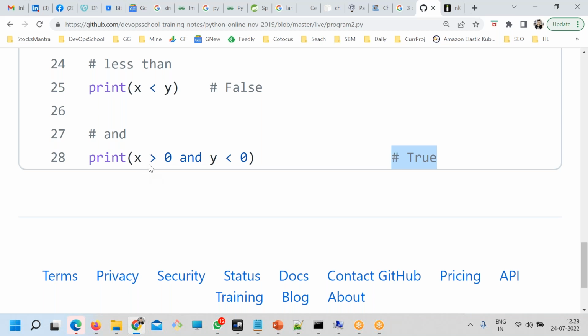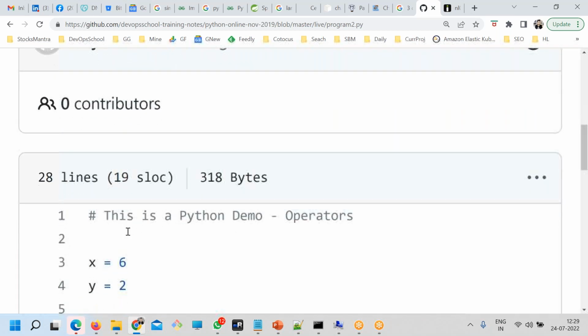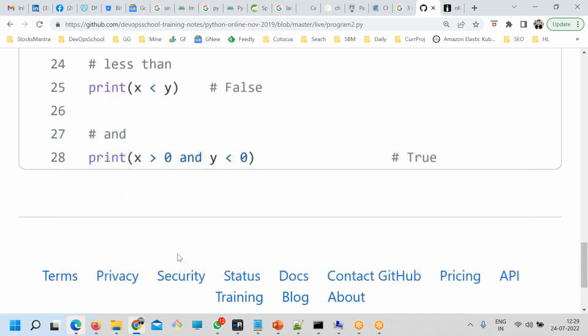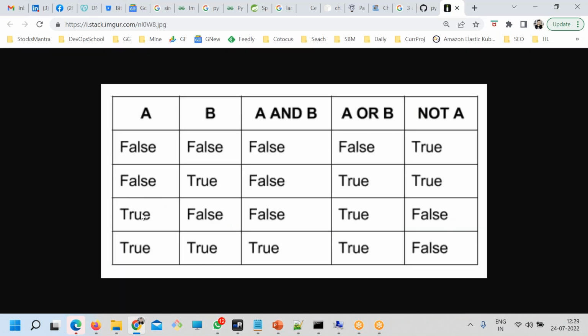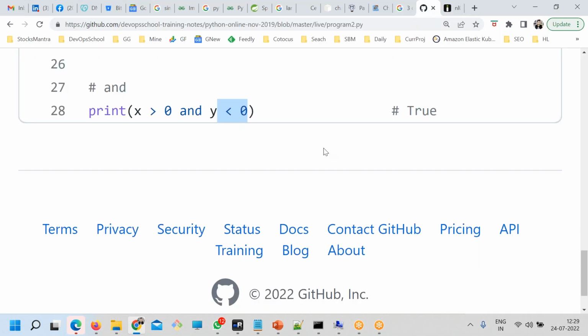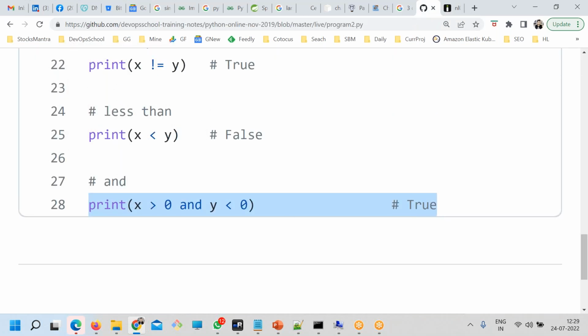So here, let me check again. X is greater than 0. Yes, that's correct, so it's true. And y is less than 0, false. True and false, it should return false, A and B. So A and B, it will return false. So here it's wrong, maybe I need to check this.